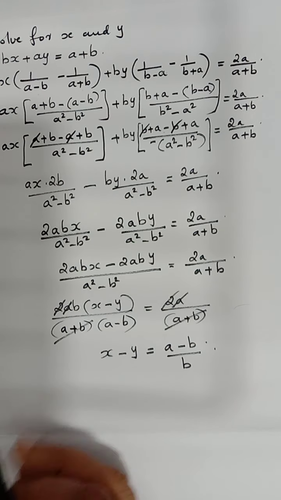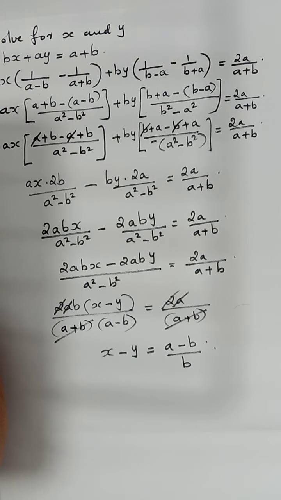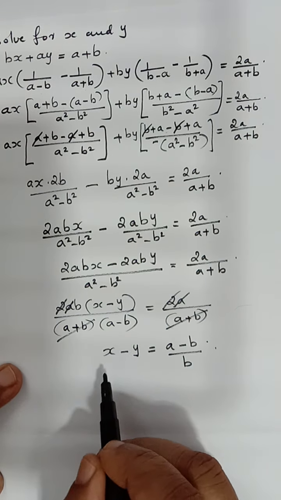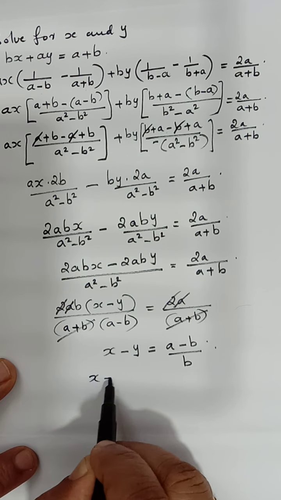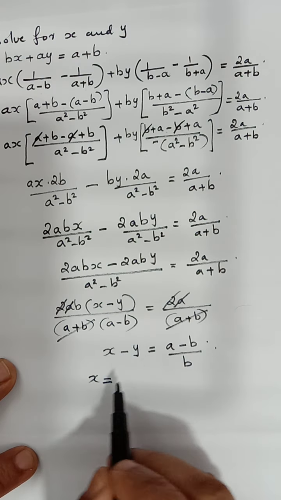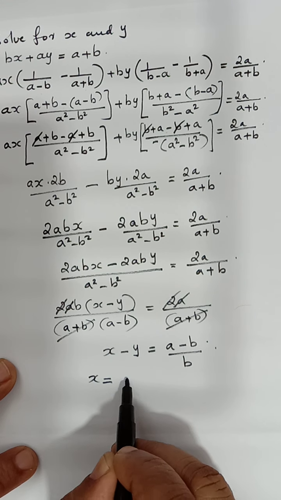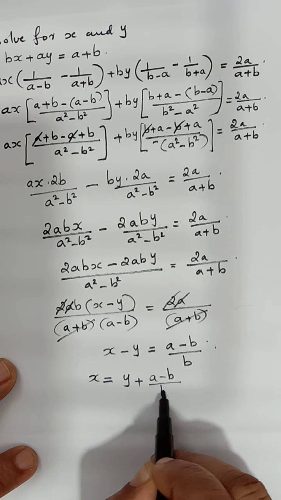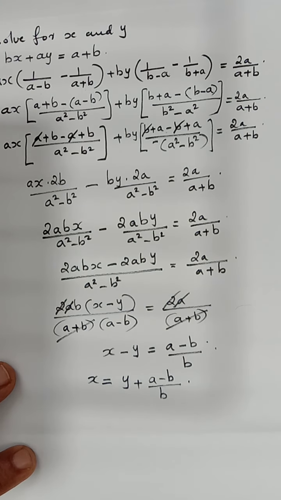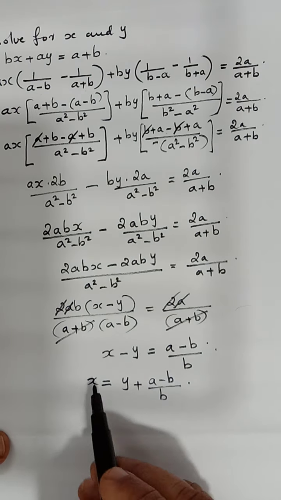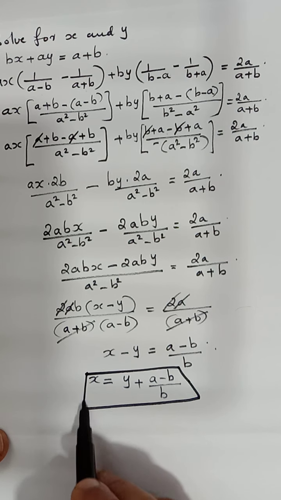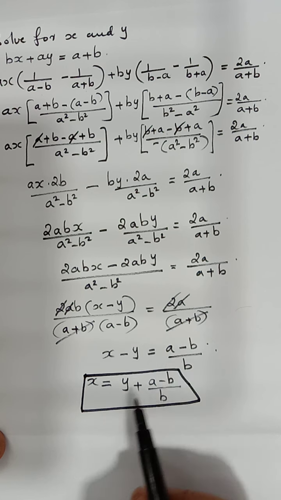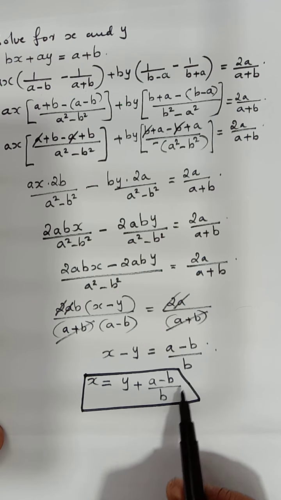But in the first equation we know what is bx plus ay. bx plus ay is equal to a plus b. That is the first equation. So we can use substitution method. Here we have x is equal to y, it can become plus y to the other side, or it is negative y as positive y, plus a minus b by b here. Okay. Now x we got, this x should be substituted. It is substitution method we are going to do. So I kept x as it is, minus y as positive y plus a minus b by b.